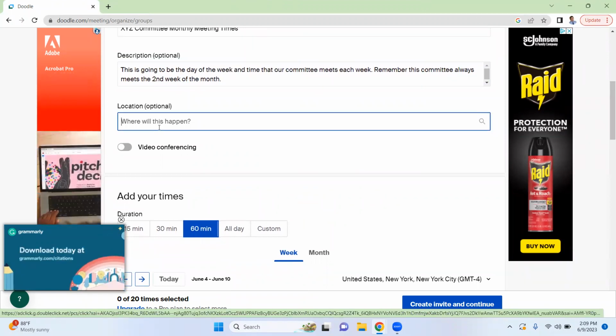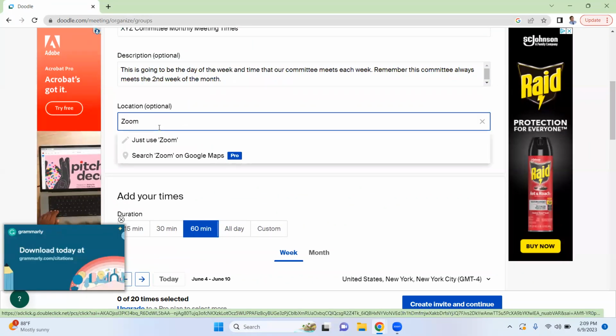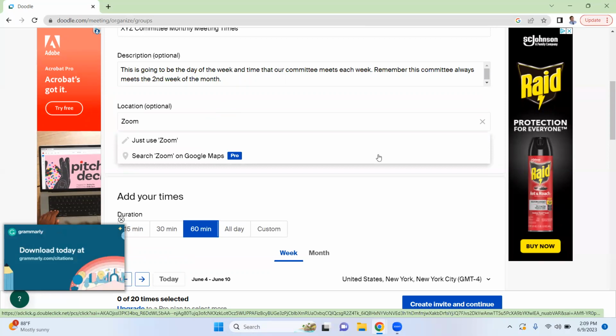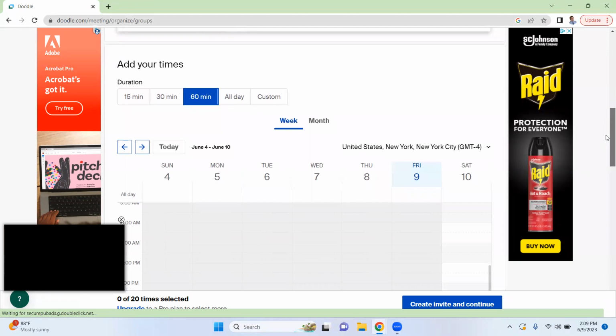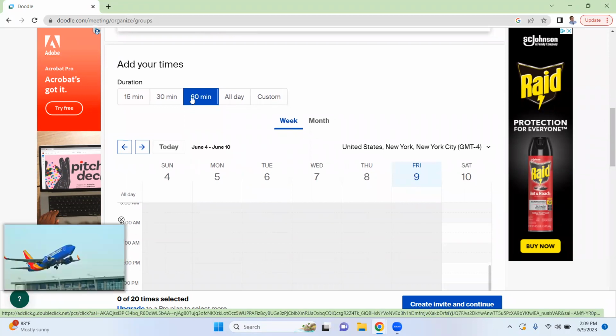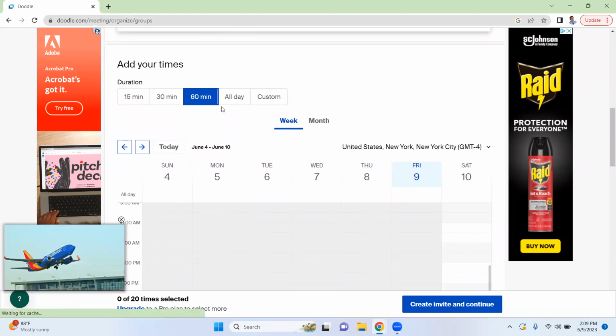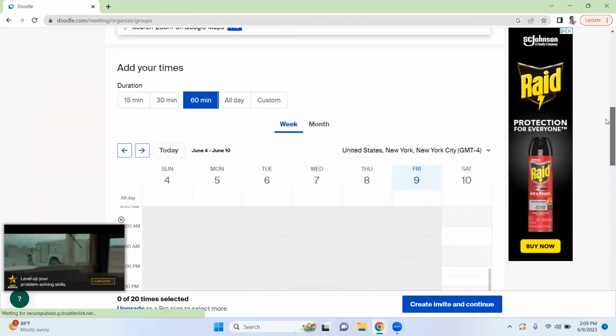So location, Zoom world, so that people know where it's going to be. And I find Zoom makes it a lot easier for people to realize what they're going to do. I like to always do it as 60-minute blocks, of course. If you can do it in less, that is great. And then you go look to say, let's say,